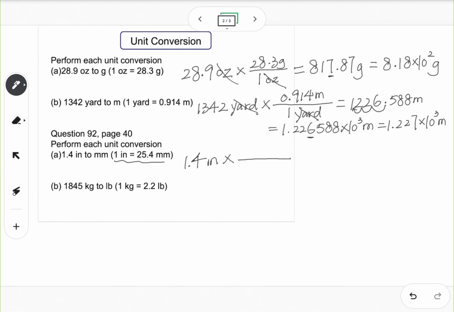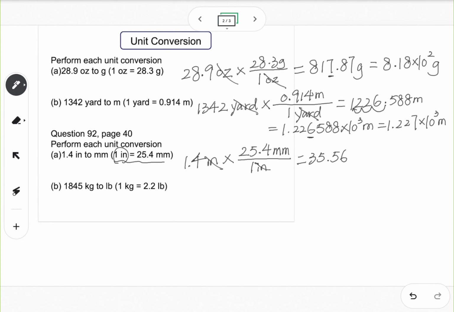The unit you want to cancel should be on the bottom, 1 inch here. 25.4 millimeter should be on top. So in this case, you can cancel inch and keep the millimeter. And the calculation result would be